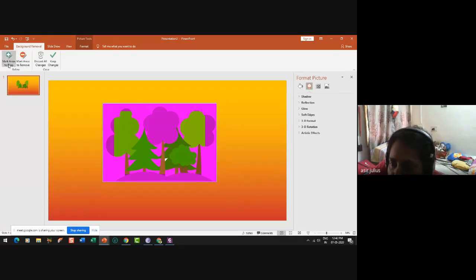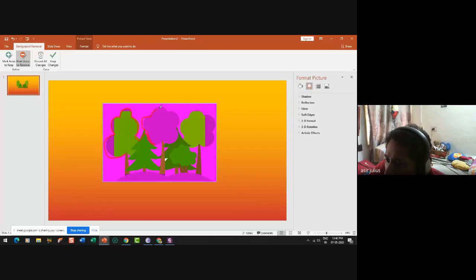So there is Mark Areas to Keep and Mark Areas to Remove. Okay, it is asking to mark areas to remove. That means I have the privilege of showing what are all the areas I need to remove. As you know, I wanted to remove all the white except the trees. So this is a bit trickier. Still, I'll try to do it. So I'm drawing it.